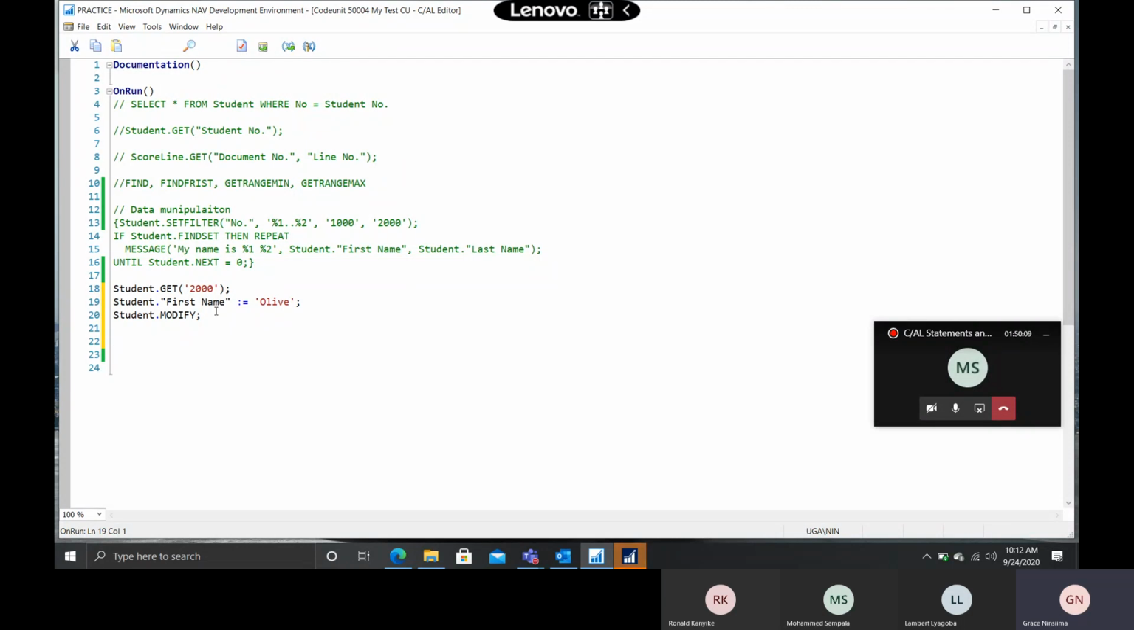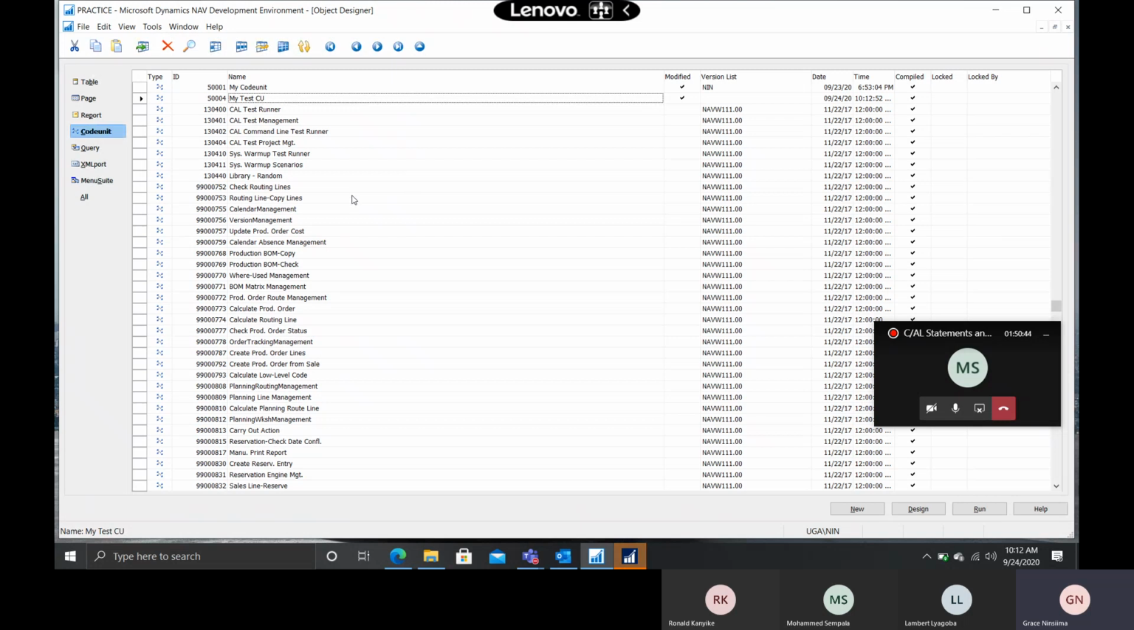So what we've written there is update table, which is student, at first name is equal to Olive, where number is equal to. I don't remember these things very well. So this thing is the same as what I've written there. So if I save this and I run this,